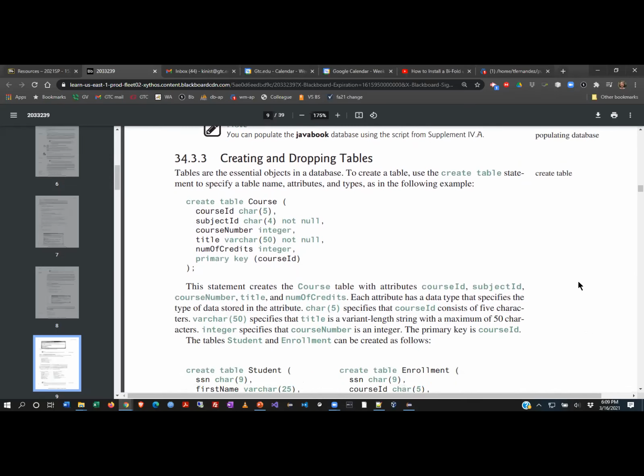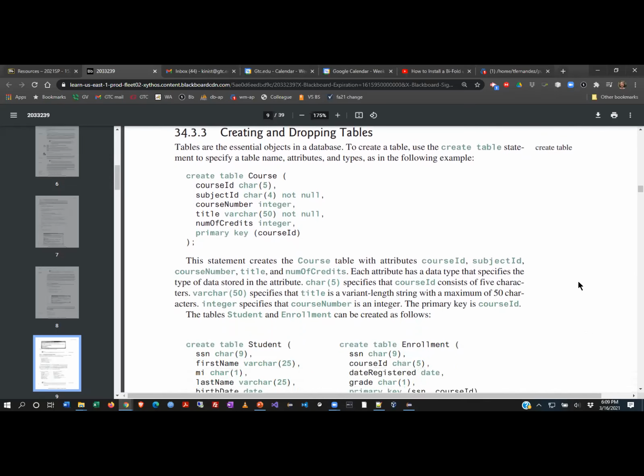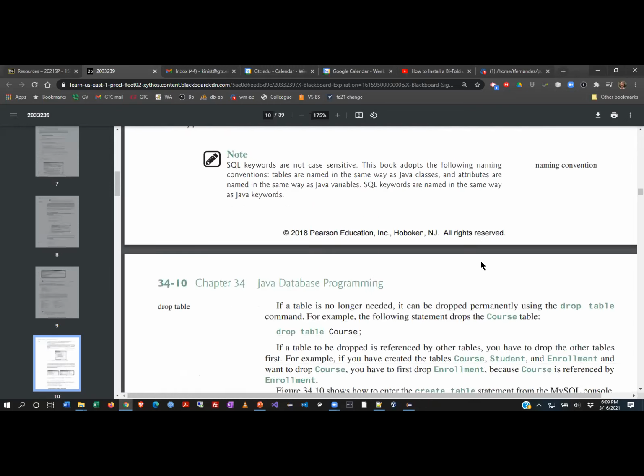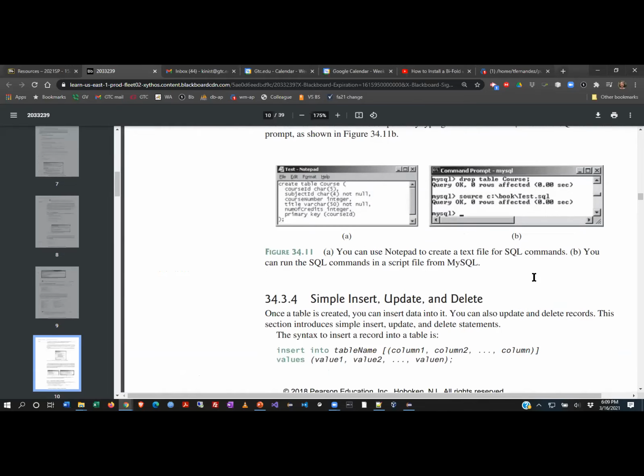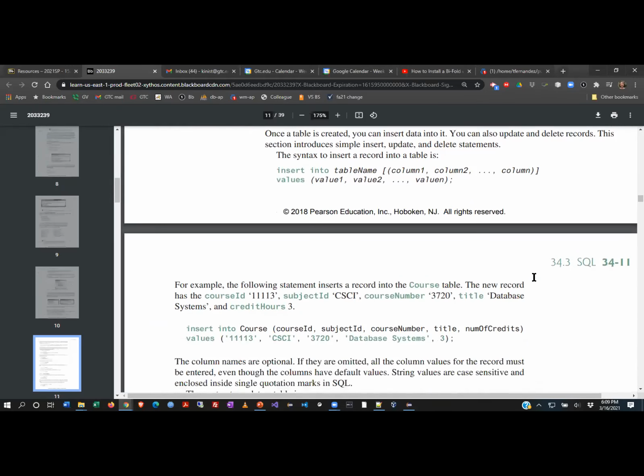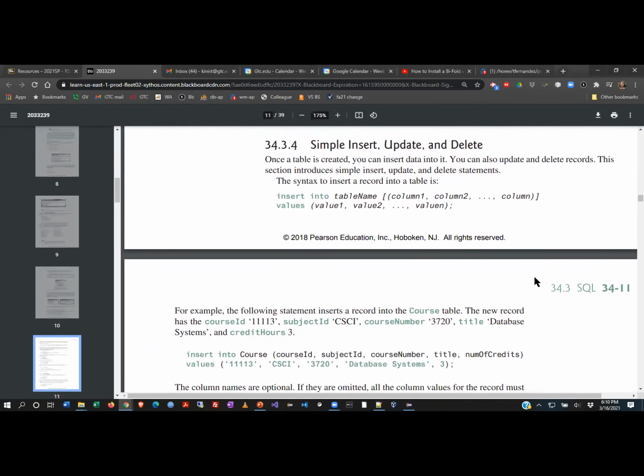All right. They go through the whole process here of talking about how to create tables, drop tables, and really what they're doing here is giving you a whole primer on SQL. If you want to do a little bit of a refresher, so I know I have at least one person here in the class that's already finished this, and two people in the class that have already finished this. If you guys don't remember all your commands, this little section might be helpful for reviewing what some of the